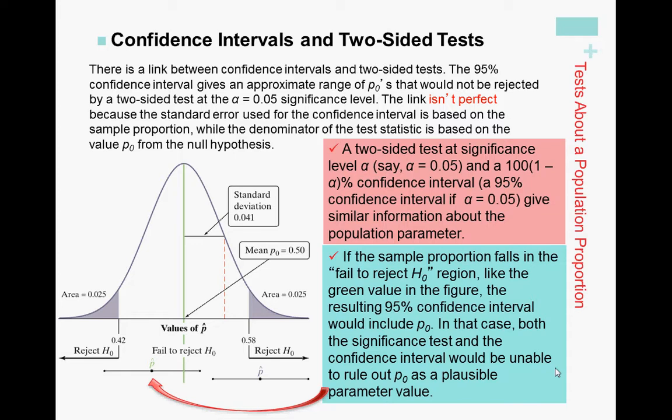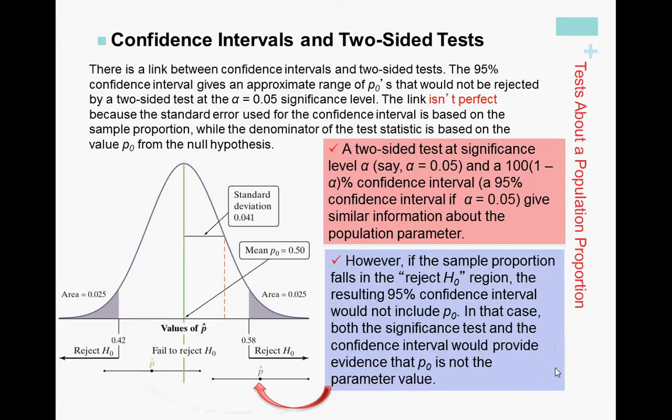But the flip side of that is that if the sample proportion falls in the reject the null hypothesis region, the resulting 95% confidence interval would not include P naught. So in that case, both the significance test and the confidence interval would provide evidence that P naught is not the true parameter value. So just to make sure you understand the picture,